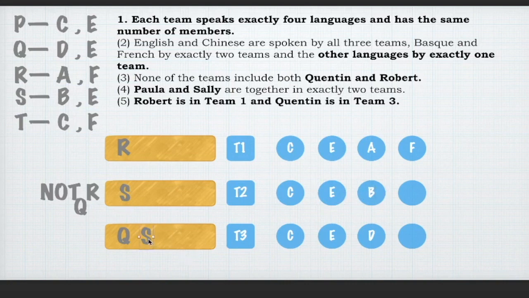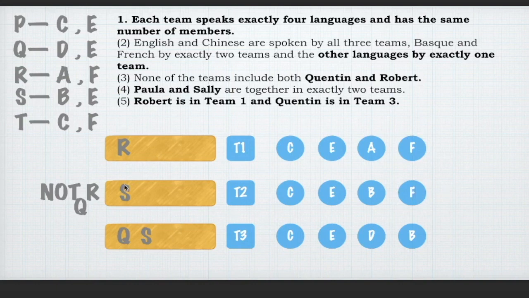The same thing for team 3 as well, Basque and English. English is already there, so Basque will be the 4th language for team 3. I also looked at how earlier Basque and French are spoken by exactly 2 teams. So I see 2 teams already taken care of for Basque, and French has the same case. French should also be present for two teams, and this is the only slot remaining, so this will also be